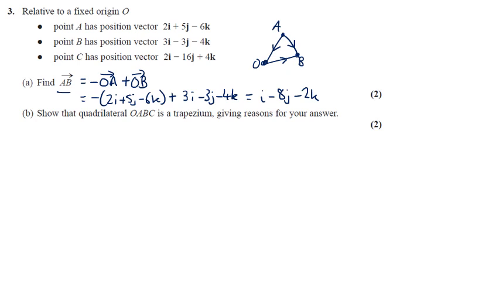Show that quadrilateral OABC is a trapezium, giving reasons for your answer. Well, what we can see is that O to C is exactly twice A to B. Okay, so therefore